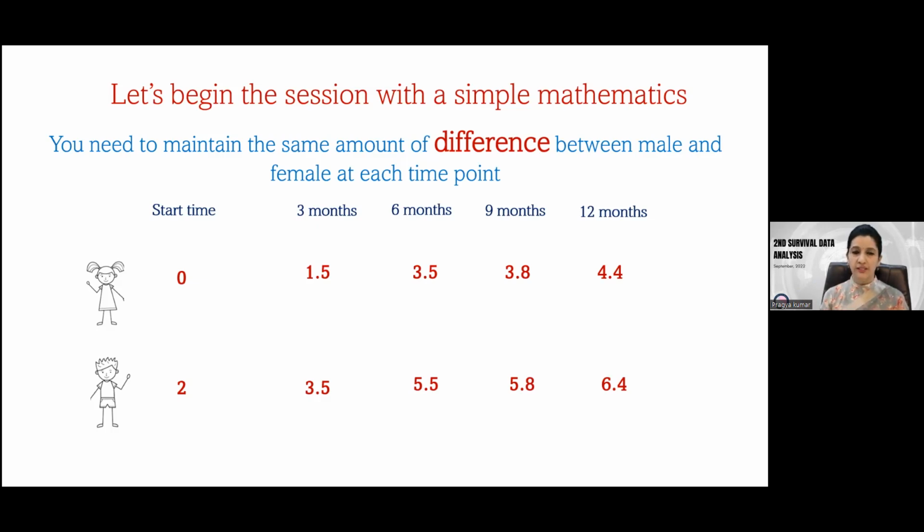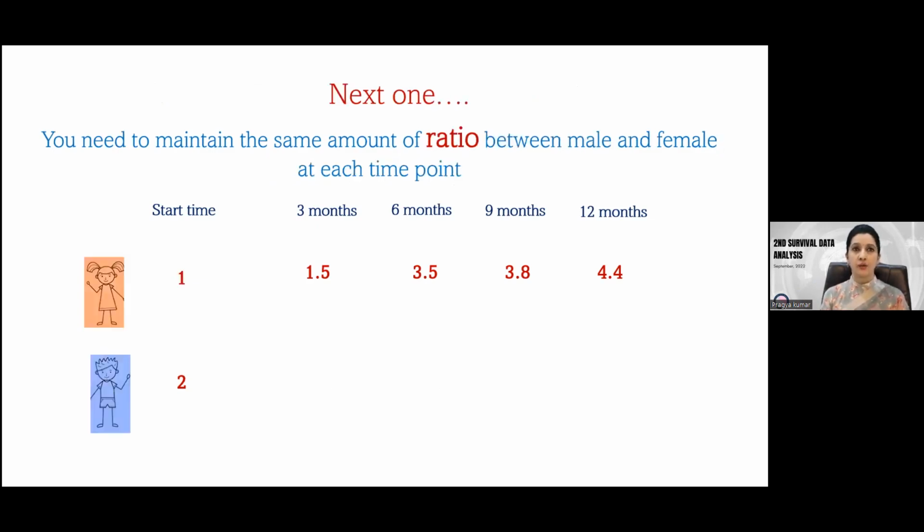Now coming to the second exercise. Now in this case, I need to maintain the same ratio. So in the previous example, it was the difference. Whereas in this example, if I want to maintain the same ratio between male and female at each time point, then how can I do it? So what should be my answer in this case at 3 months? So 3, right? At 6 months,